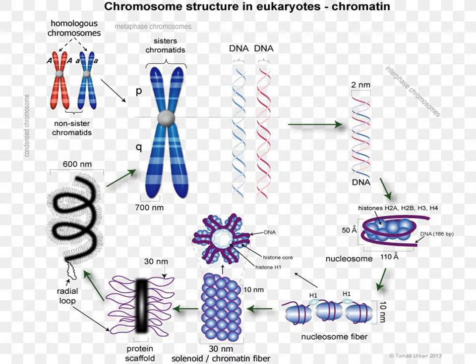It is called a solenoid because it is a physics term; in physics, a solenoid is a metal coiled around a central axis. Here also, when the DNA is organized around the nucleosomal fiber, that will be coiled around the central scaffold or central axis, and so it is called the solenoid model, and it is approximately 30 nanometers in diameter. Such a nucleosomal fiber will again supercoil to form the chromosome structure.